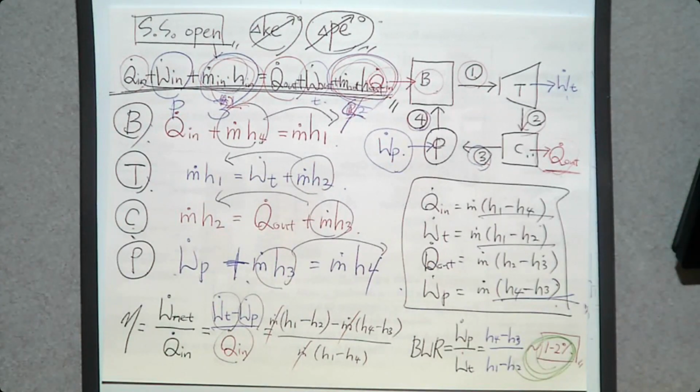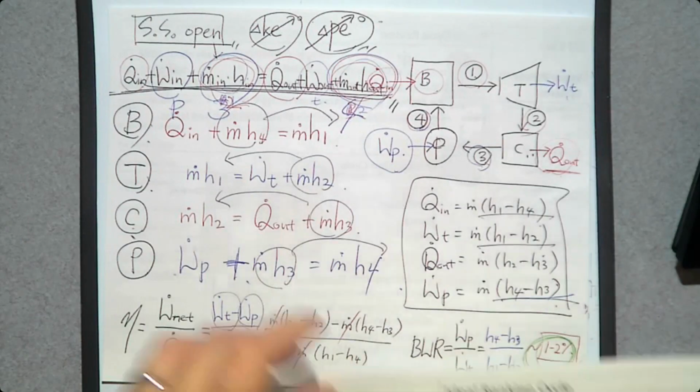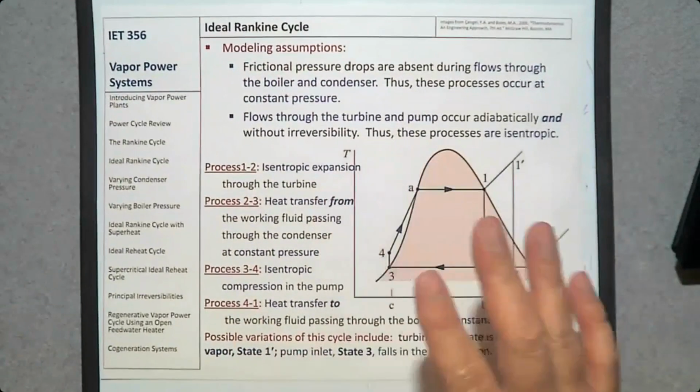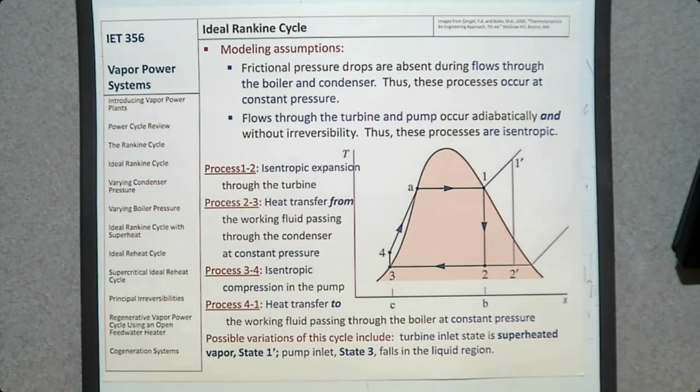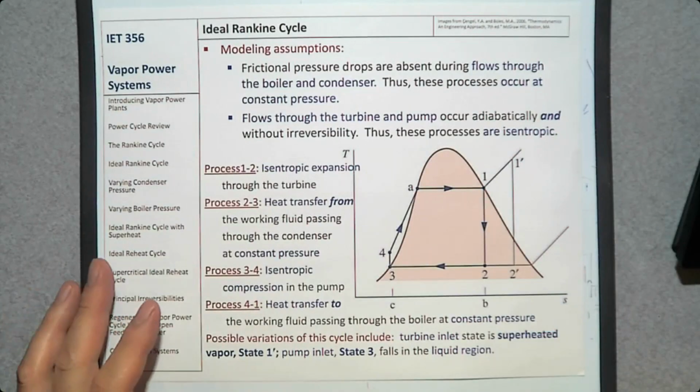So today we are going to study how we can simplify this one so we can design a Rankine cycle. That is called ideal Rankine cycle. In this ideal Rankine cycle, to simplify the actual Rankine cycle, we are going to make 2 assumptions. The first one is,